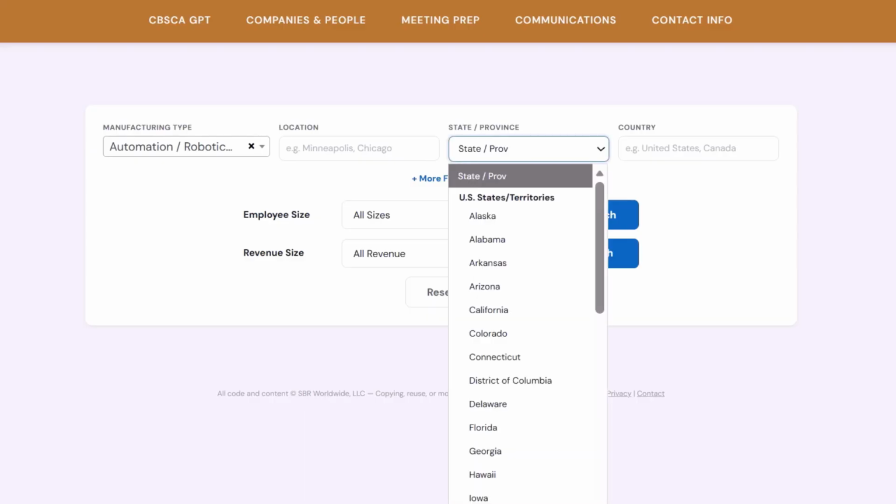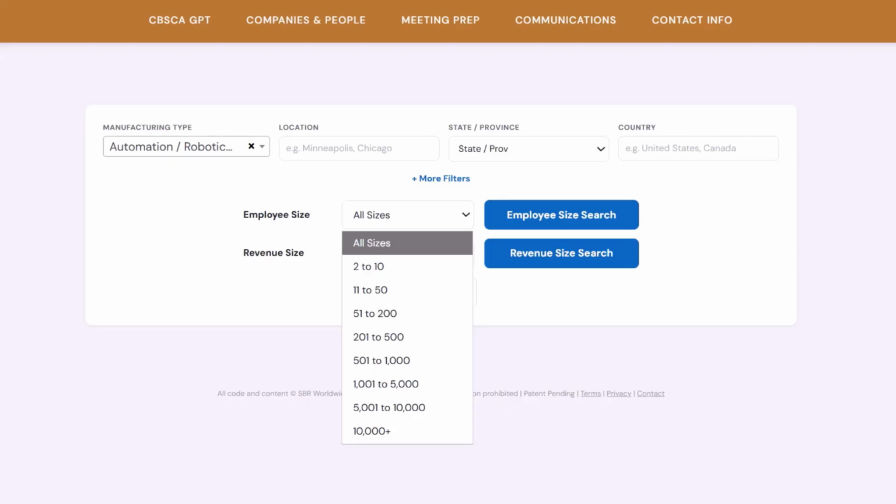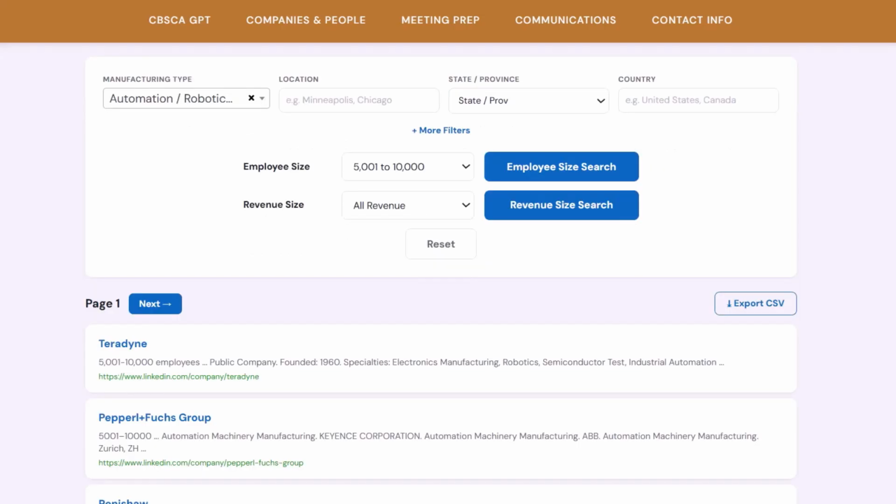We can choose a location. We can choose a revenue size. In this example, we'll choose an employee size, 5 to 10,000 employees. We can click the next button and get the next set of 10 results, the next set of results, and so on. We can export the entire list to a CSV file, or we can grab the name of the